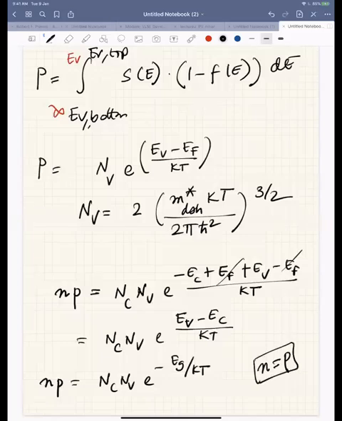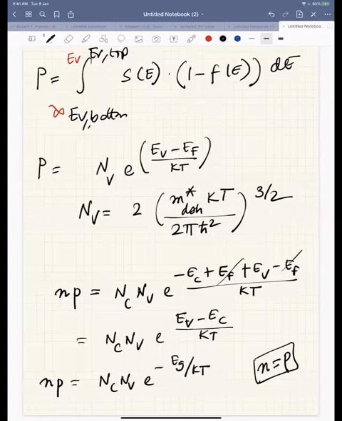So I think all of you understand that there should not be any question here, because for an intrinsic semiconductor, if you find electrons in the conduction band, that means those electrons are coming from the valence band, because at absolute zero, this is how the bands are defined, the conduction band does not have any electrons. If at some point you find electrons, they are coming from the valence band. So the number of holes in the valence band will always be equal to the number of electrons in the conduction band,